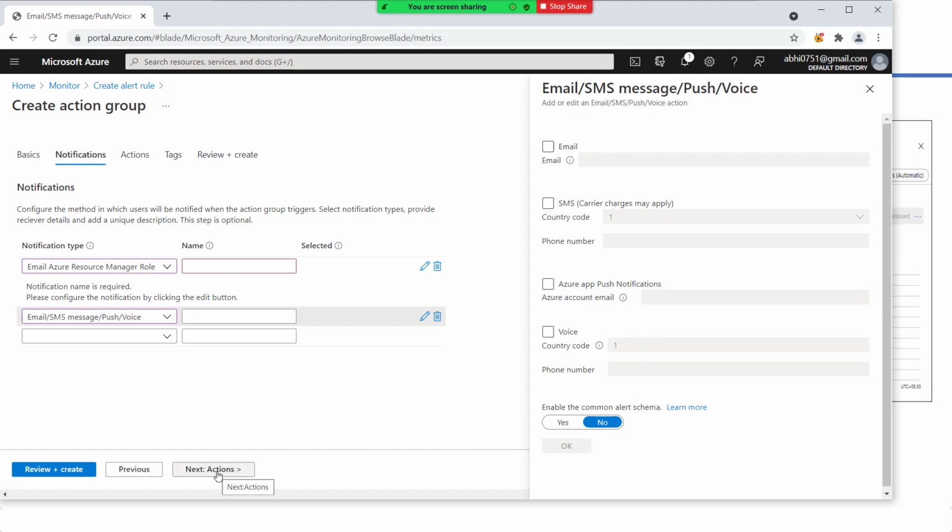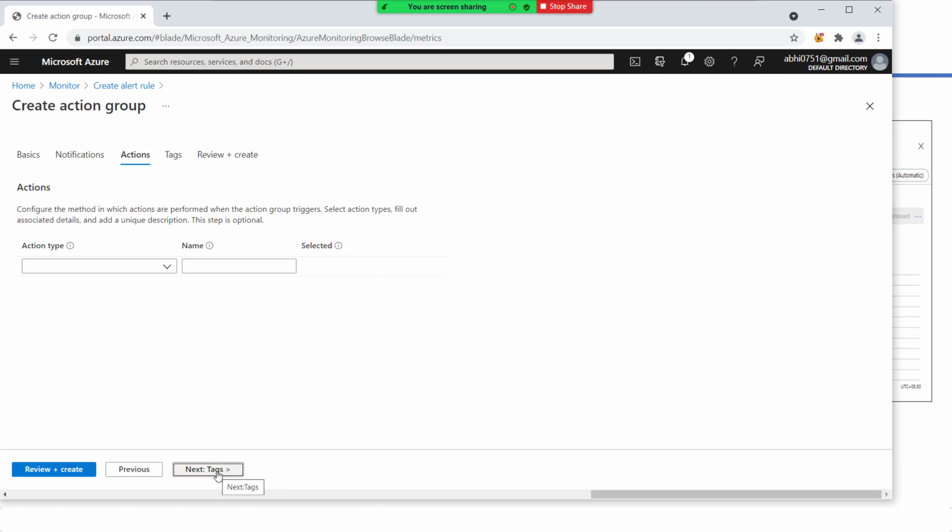In the next step, you have to configure the actions. So here it is the notifications, right? You will notify someone. Now what kind of action would you like to take? The action may be that you would like to fire a runbook, or execute an Azure function. ITSM, you would like to connect to your IT service management department. This is currently for ServiceNow. You would like to execute a logic app, meaning a workflow.